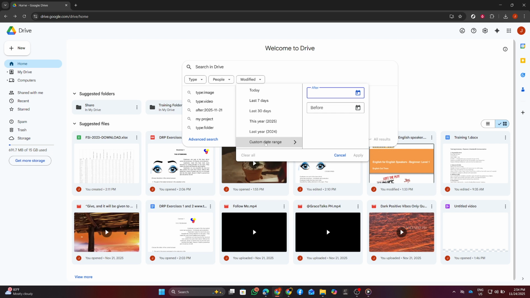After choosing a date range, confirm by selecting the modified option you want. Once your results load, you can fine-tune the view by clicking the modified column header in List View to sort from newest to oldest or the other way around. This is helpful for bringing the most recent updates to the top or for locating an older version that's further